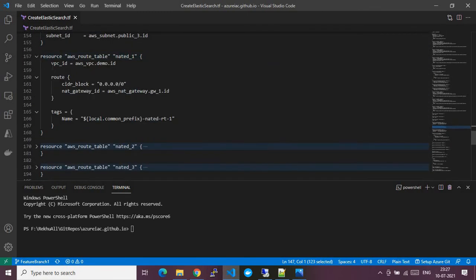Similarly, as I explained how we created a route table for the public facing subnets, for the private facing subnets we are also creating route tables. This is the definition, which looks the same, but here the parameters change. Let me make a note here. This is again a resource, and the resource type is aws_route_table, and the name is given as private route table, which is attached to the private subnets. Then this is the VPC ID. This is a route definition, where you see